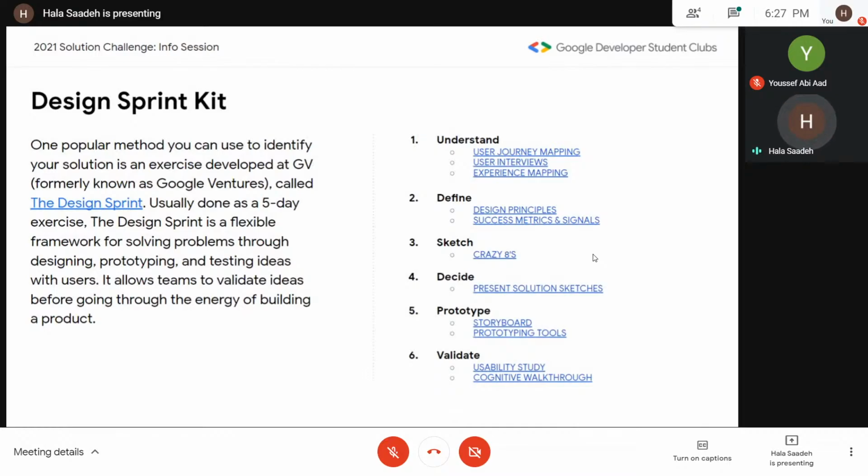Next is a design sprint. So this is not mandatory by any means. A design sprint is just a standard created at Google Ventures, so the Google program for startups. And it's a way for you to actually build a product. So understanding your users, then defining what you need, sketching, deciding, prototyping, validating, and there are detailed things for every